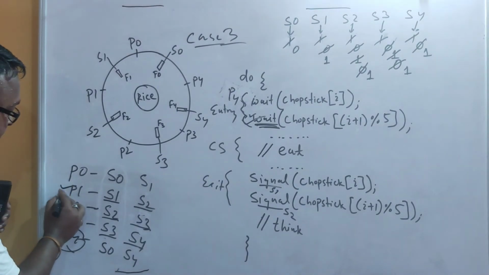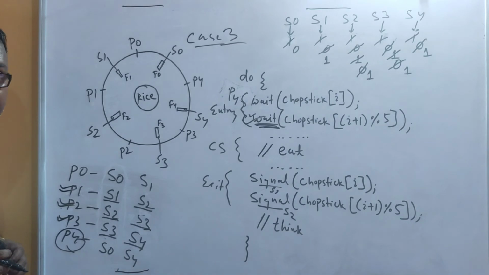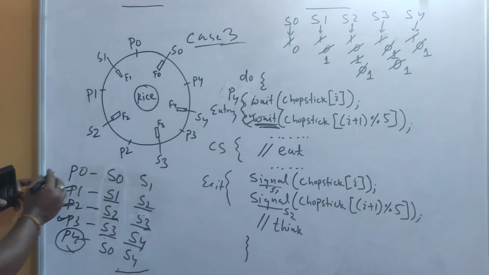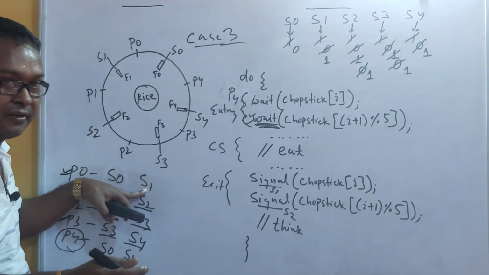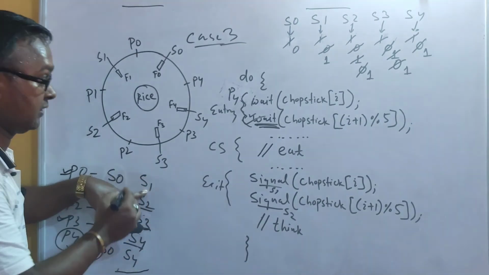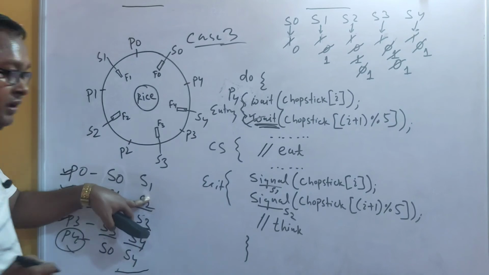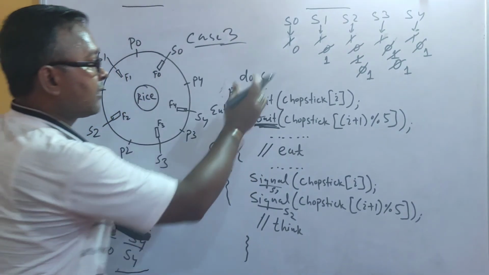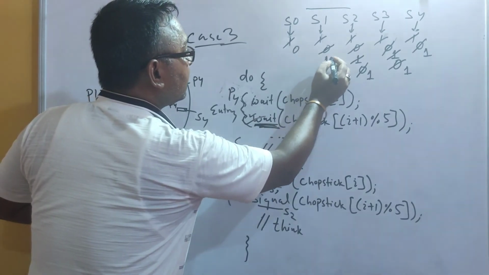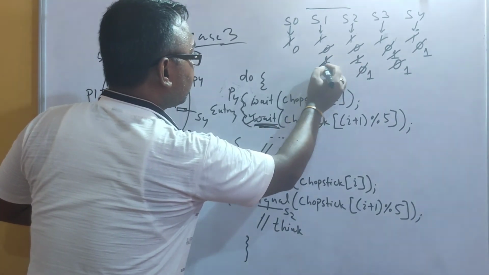So right now P1 also completed its eating activities, right? Now P0 can enter. Yes, it can acquire the right hand side fork, that is S1, because the semaphore value is 1. So it will execute this second line of code, acquire the fork, thereby decrementing the semaphore value